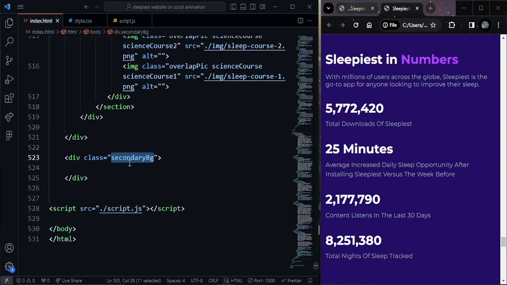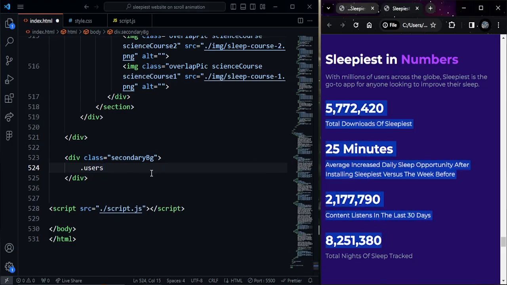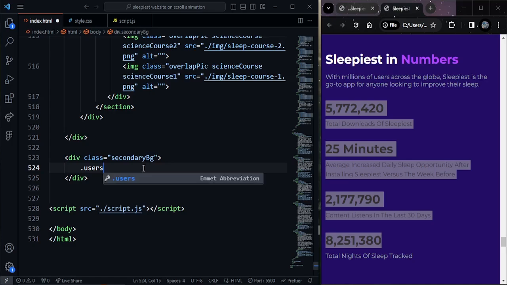So instead of typing twice, I'm gonna use the secondary bg class name, and inside this secondary bg I'm gonna create the container, and I'm gonna say the users, and over here this is the user status,